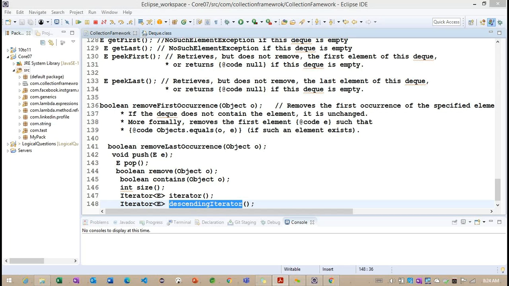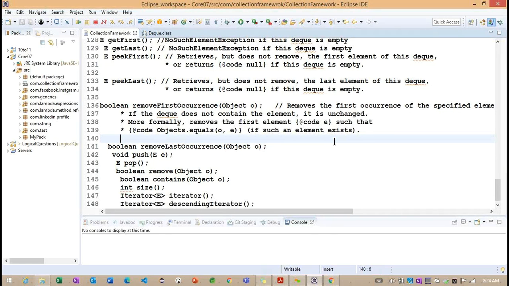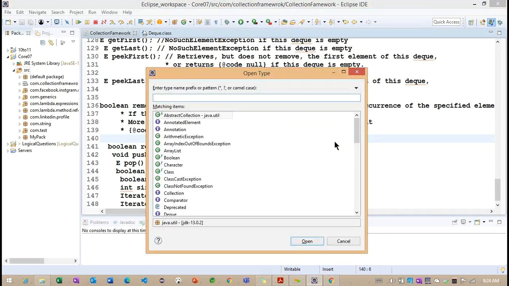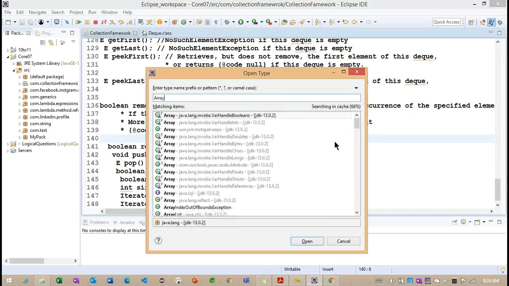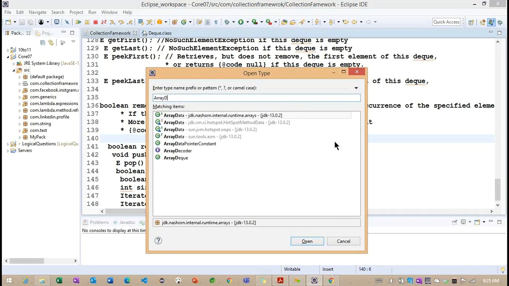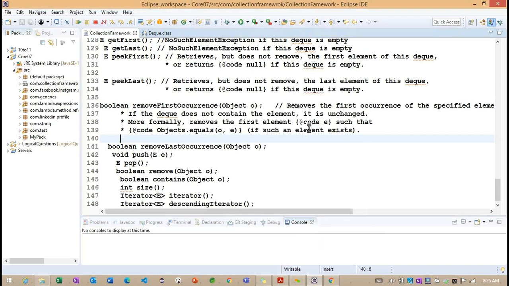The implementation class here, what is the DQ implementation class? The DQ implementation class is called ArrayDQ. Now you can see ArrayDQ is the implementation of the DQ interface. Getting the point.